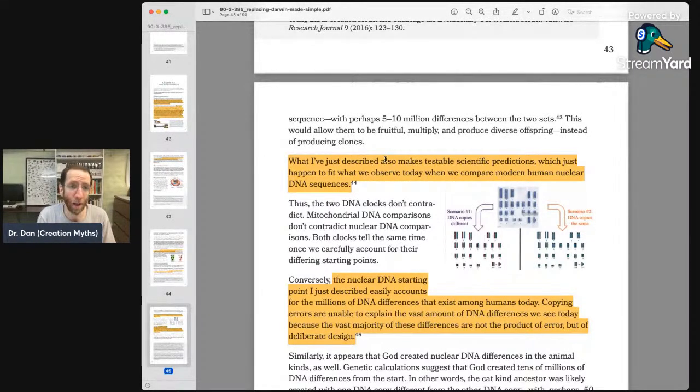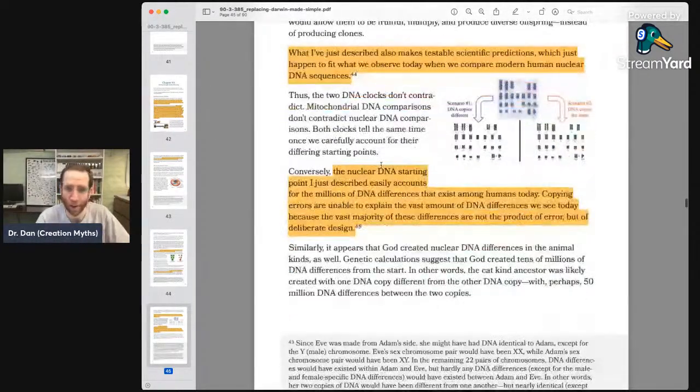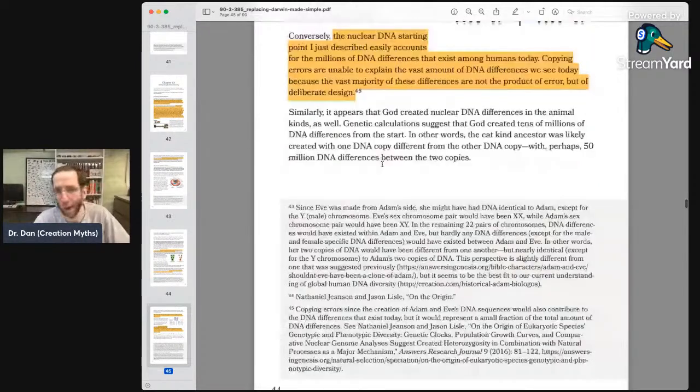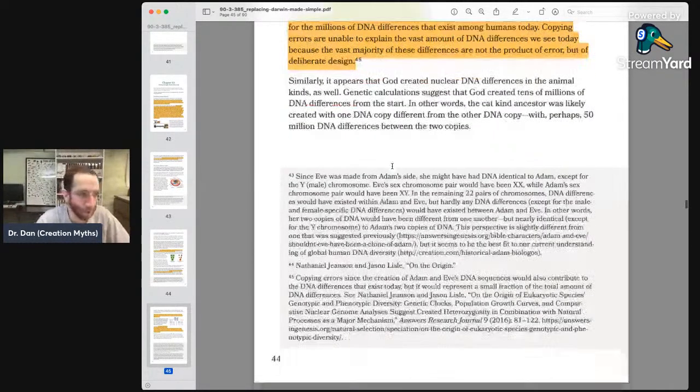People have done the math on that. Yeah, it doesn't work. I'm not going to go into the math now. It's not worth it, but I'll link the video. Jeanson's wrong, and he's wrong in a way that is obvious if you just take like 2 minutes to Google average human recombination rate and then do some multiplication. He's just wrong.